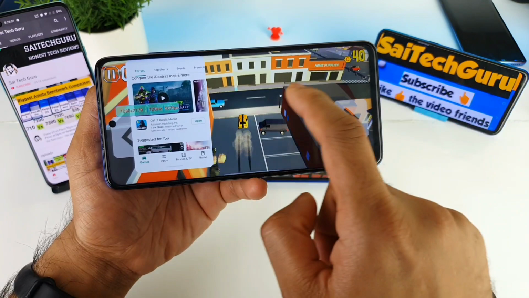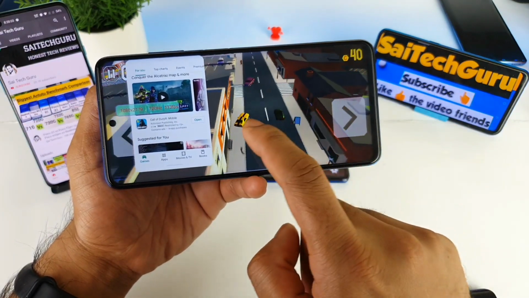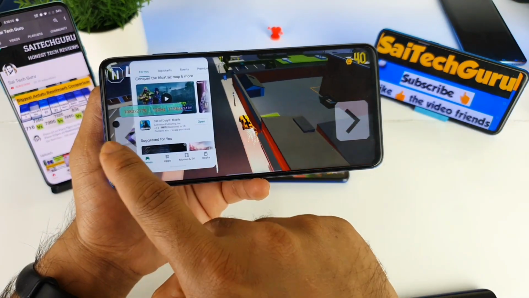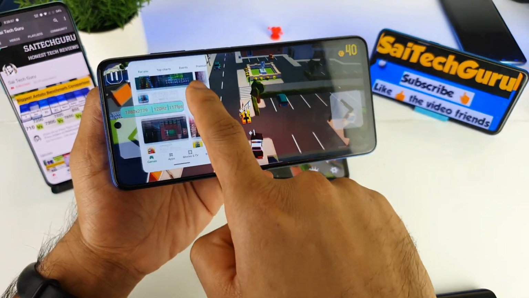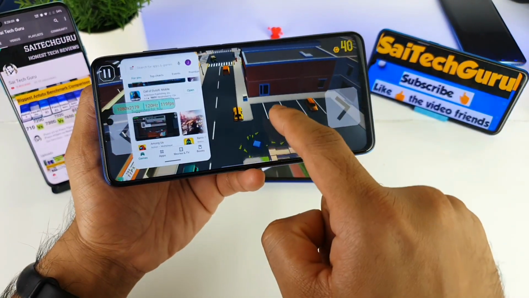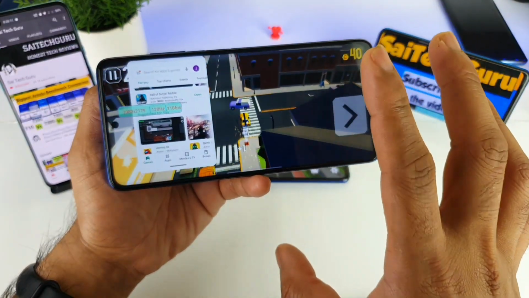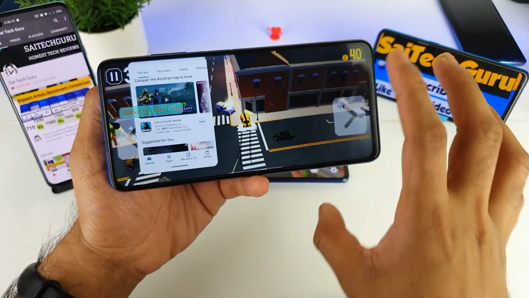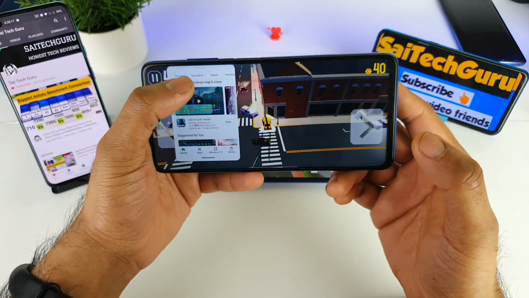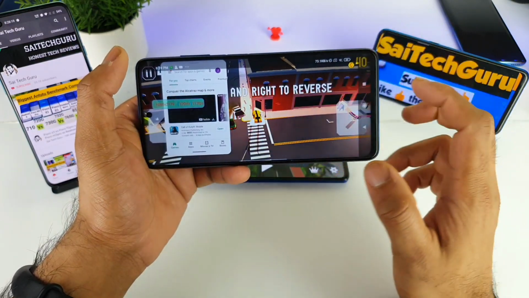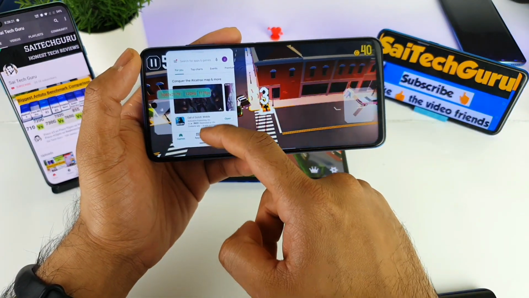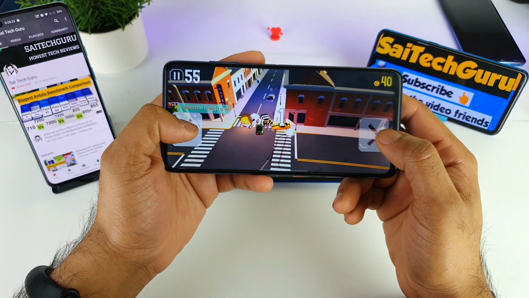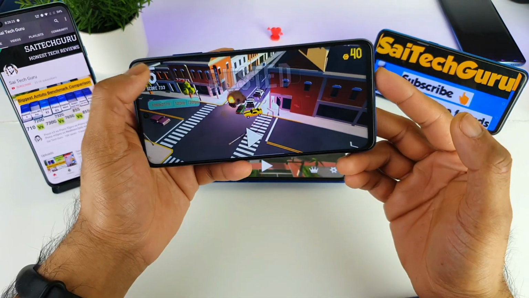As you can see, even recently I did a video using this kind of method, playing two games at the same time. As you can see, friends, when you're using the other application, the game is actually not paused at all, so it's actually continuing. That makes a lot of sense. Some of the games don't require touch input every time, so you can use this kind of method to use two applications as one. So that's a very good advantage of this kind of feature.